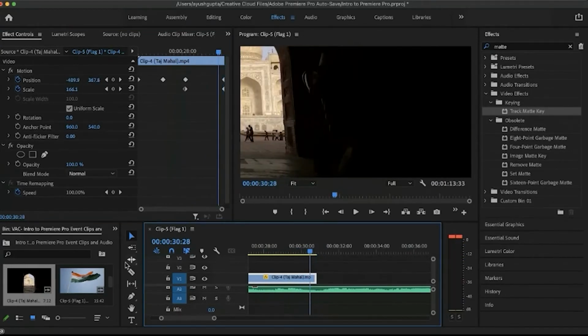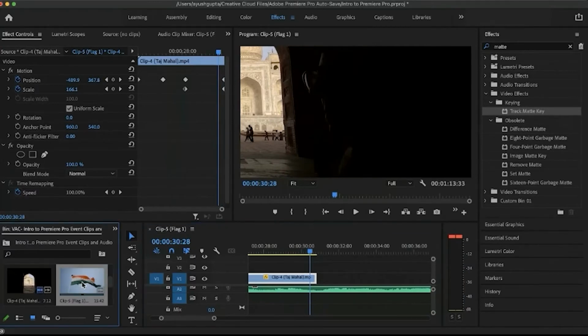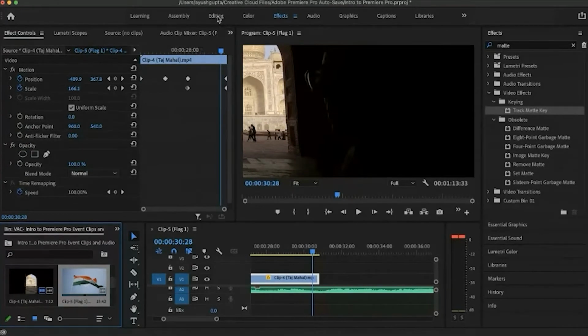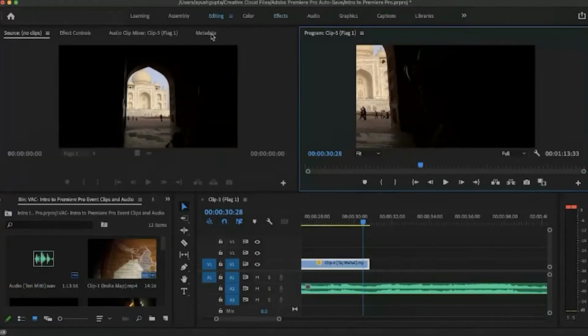After that, we'll just introduce that Indian flag clip 5. So there's another way we can remove the audio and import only the video. Go to the editing panel, click on it, and there will be another source window.